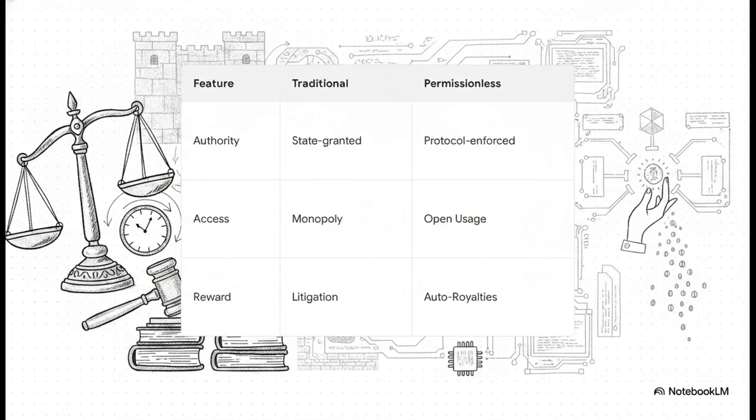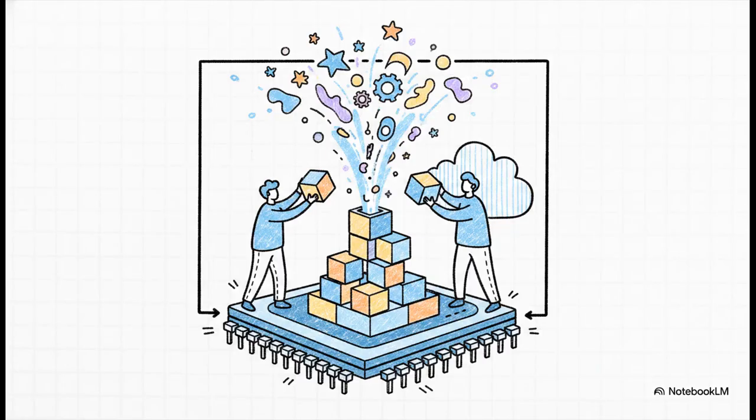The permissionless patent relies on protocol-enforced evidence. The access stays open, but the system uses pure math and cryptography to automatically execute your royalties. It literally cuts the legal middleman entirely out of the loop. The absolute core of this whole thing is a concept called technical inalienability, which is just a fancy way of saying that the right to be compensated cannot be separated from the code itself. It is hard-coded into the architecture.